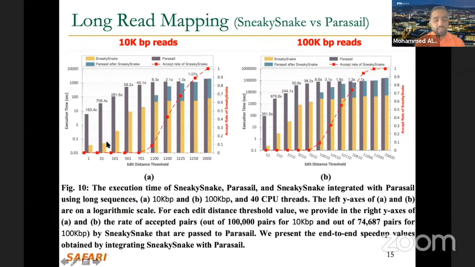In the yellow columns, you will see the execution time of SneakySnake only, the filtering. And in the gray columns, you will see Parasail. Just running SneakySnake alone and running Parasail alone, you'll get these plots. And now, if you go to SneakySnake, you get the accepted pairs and you try to run Parasail on only the accepted pairs, you'll